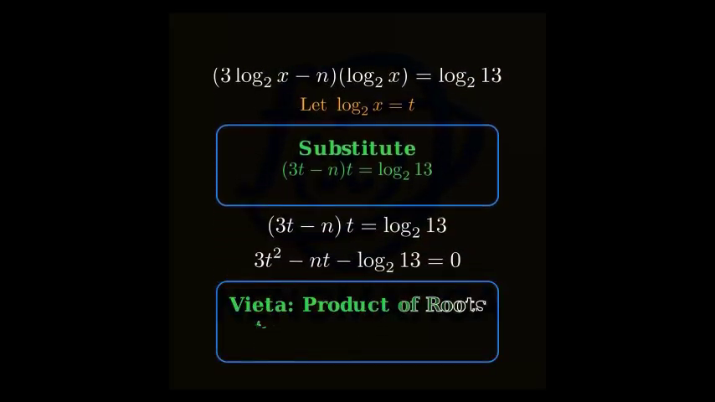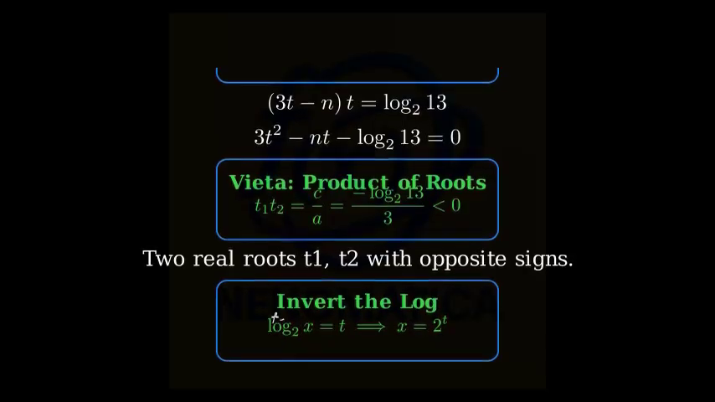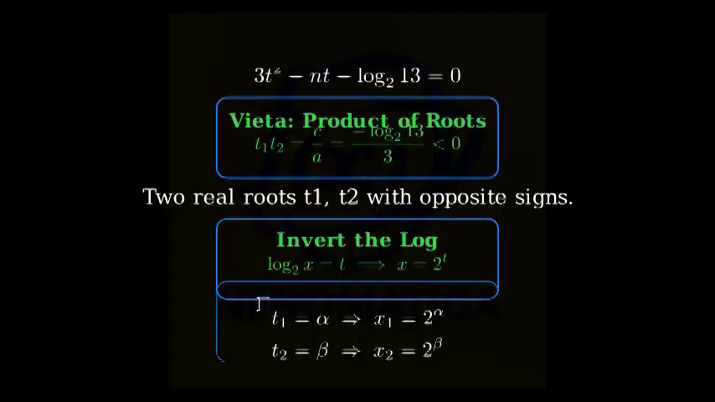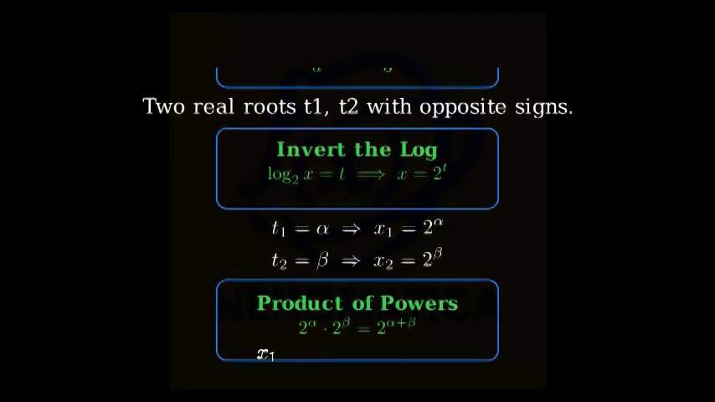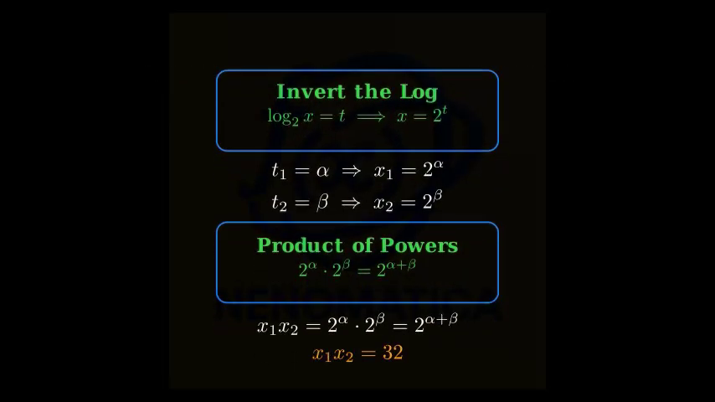Step 5. Here, the product of the roots equals c over a, which is negative log base 2 of 13 over 3, a negative number. Therefore, the quadratic has 2 real roots with opposite signs. Step 6. Since t equals log base 2 of x, each t root maps to an x root by x equals 2 to the t. Step 7. Multiply the x roots. Using exponent rules, the product is 2 to the alpha plus beta. But the problem states the product of the real x